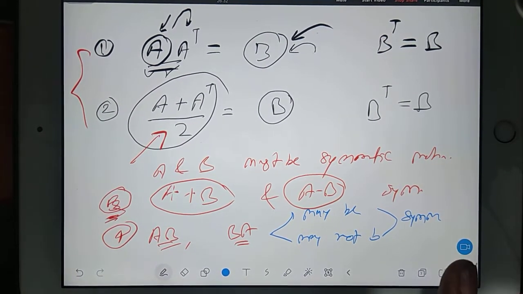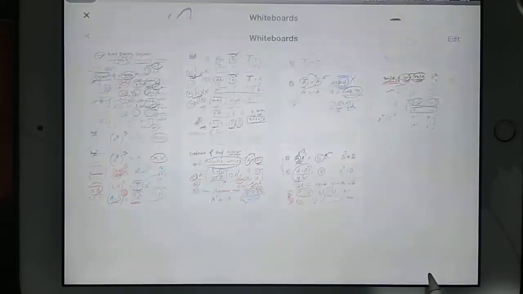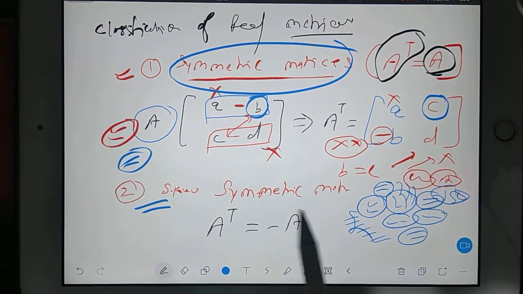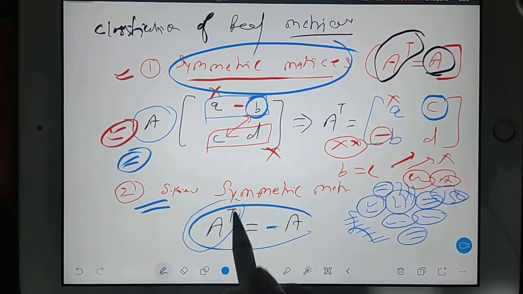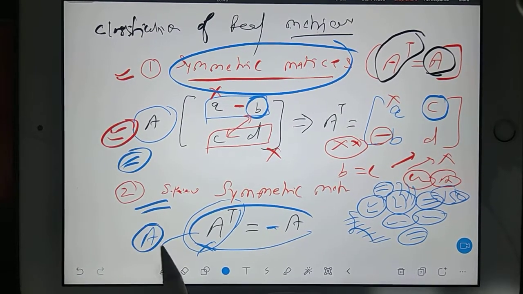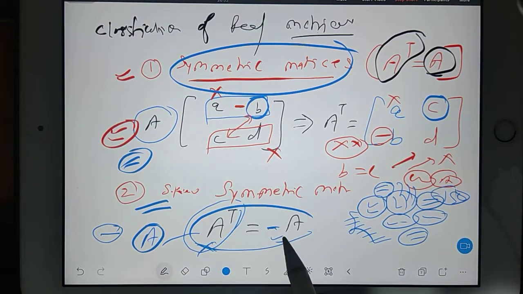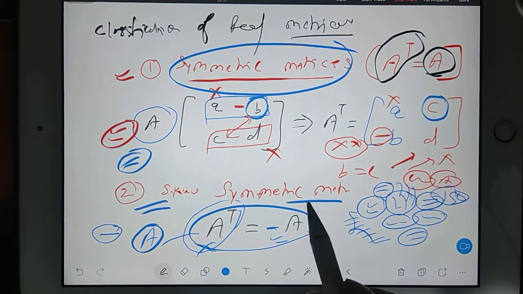What was the idea for a skew symmetric matrix? In the previous page, I took a skew symmetric matrix. In that case, we should have a minus sign here. It means after finding the transpose, this transpose is not equal to matrix A, but after taking the minus sign common, it is equal to minus A. Then you say, okay, the given matrix is a skew symmetric matrix. So just one example.